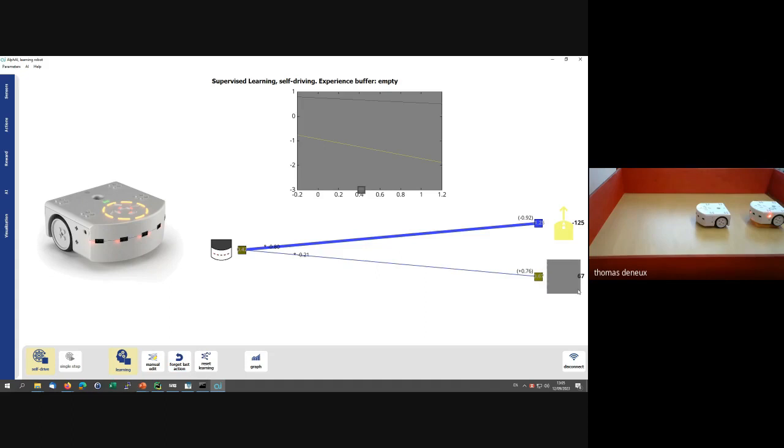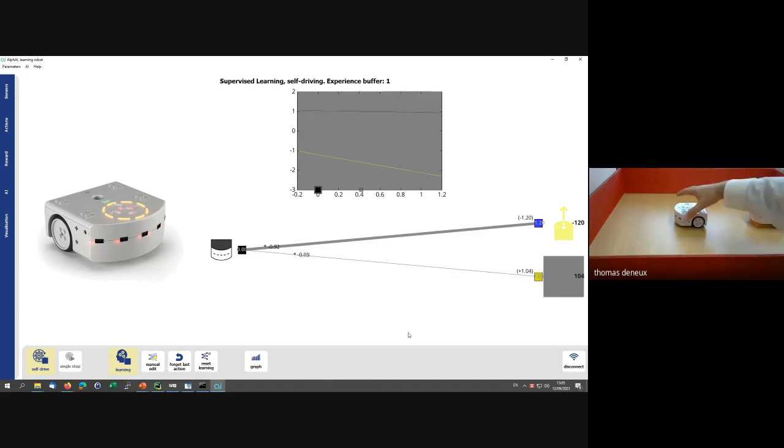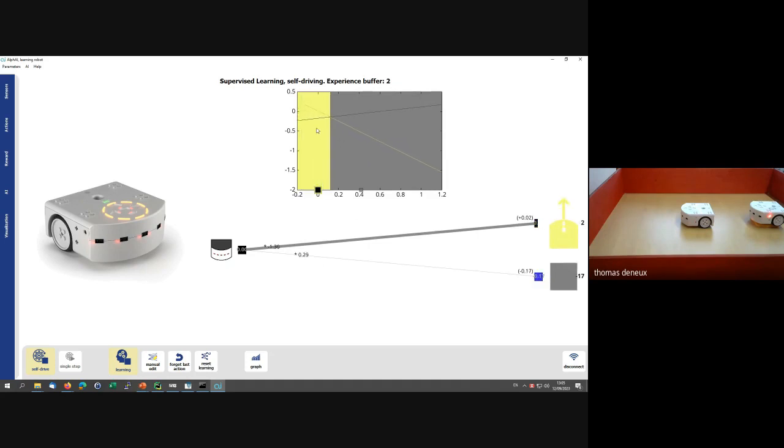I do nothing, and now baby Thymio goes too far. We say do the action, and now automatically you can see the connections change, and here the curve also changes,